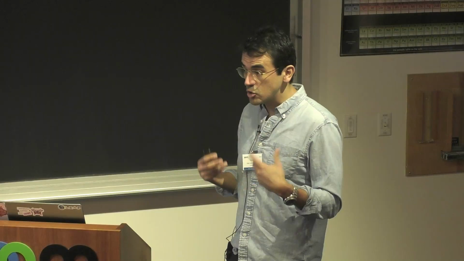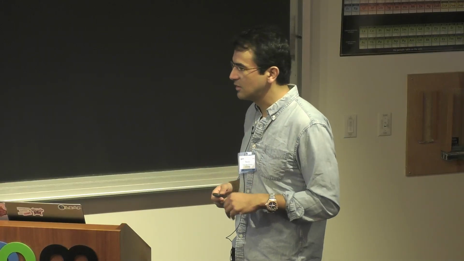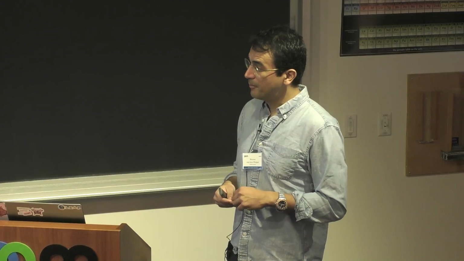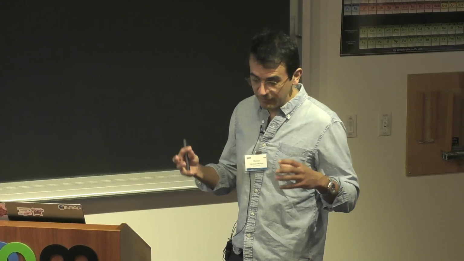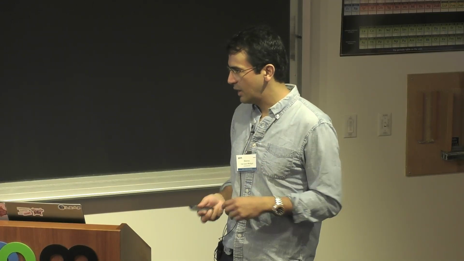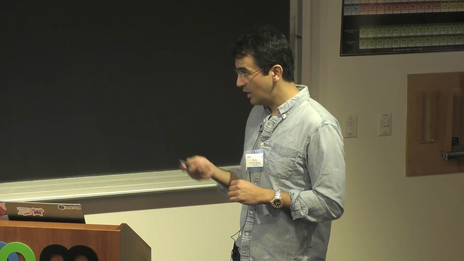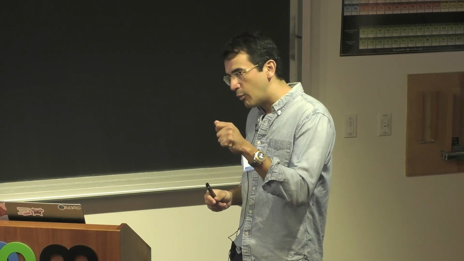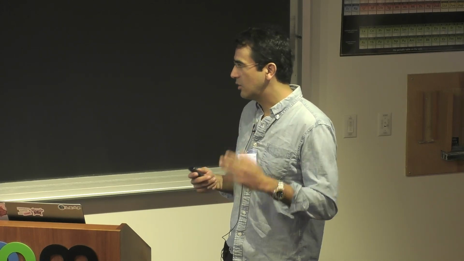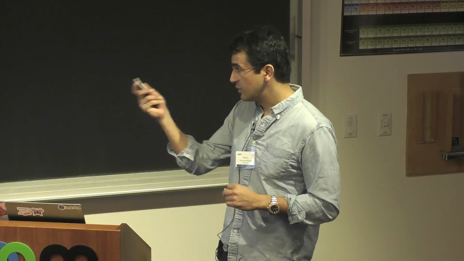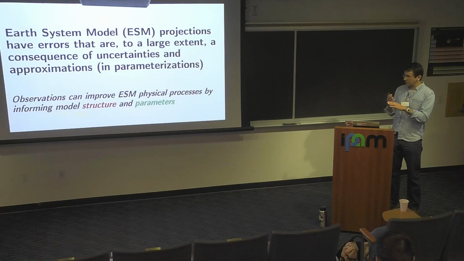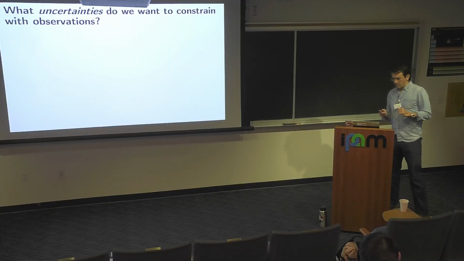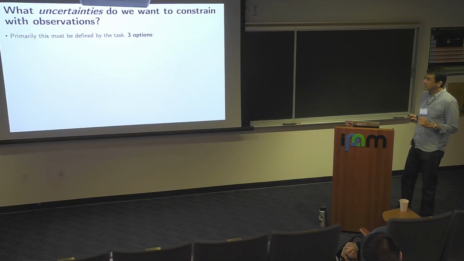Structure can be things like our choice of variables that we're using to predict. Do we choose cloud mass? Do we choose cloud mass and number? And then it could also be the form of the equation. Do we have a power law? Do we have something else? And then there's parameters, right? So there's the coefficients within those codes. Maybe I want to fine-tune something related to snowfall rate or something like that. Of course, if you do neural networks, it conflates things, maybe the structure is the parameters. I don't know.